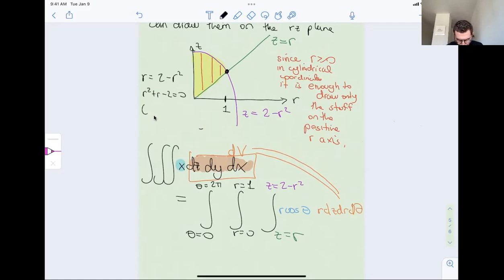So this is, like, r plus 2 times r minus 1 equals, let me check. Is this better now? Good. So r equals, I mean, I made a mistake, but it was a mistake that didn't have major consequences